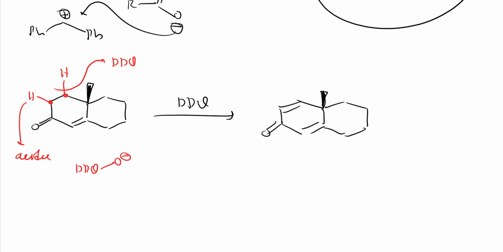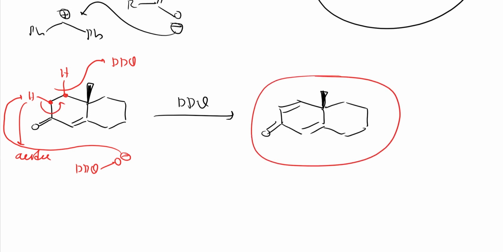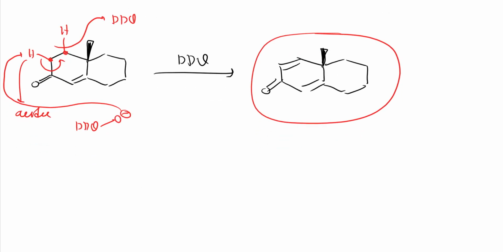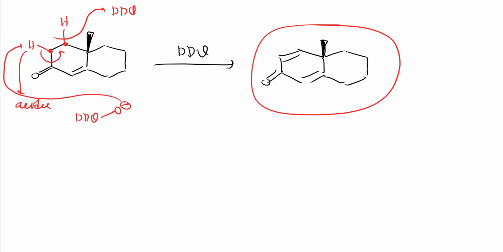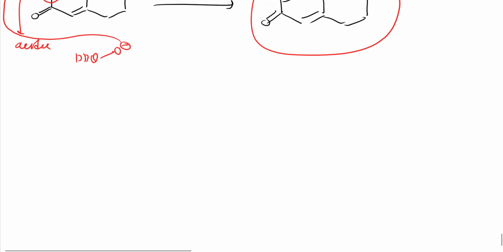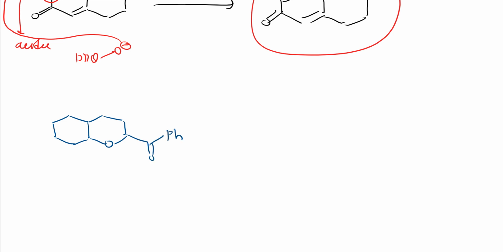Further, what will it do? It will take this acidic proton, and this bond will come here. So I'll get this product, right? So you write the mechanism by yourself. What I told you, just listen to it, and I have also solved so many examples previously. You can do it by yourself, right? So always first you remove hydride, then remove H plus in DDQ, because DDQ is electron deficient.